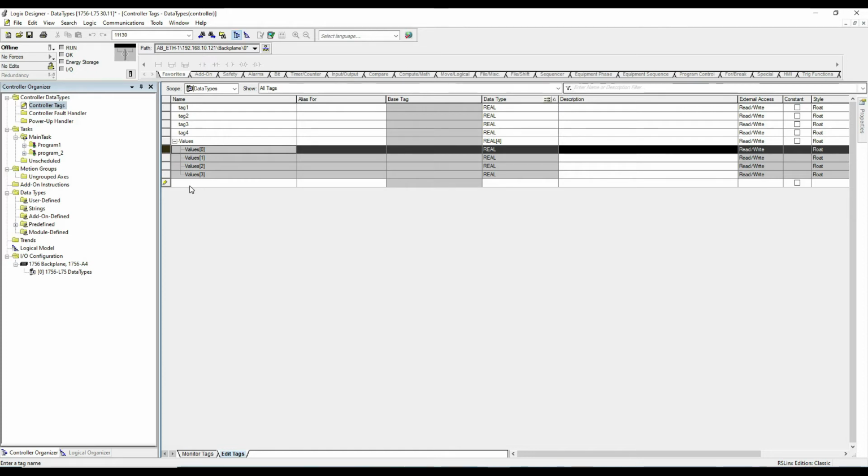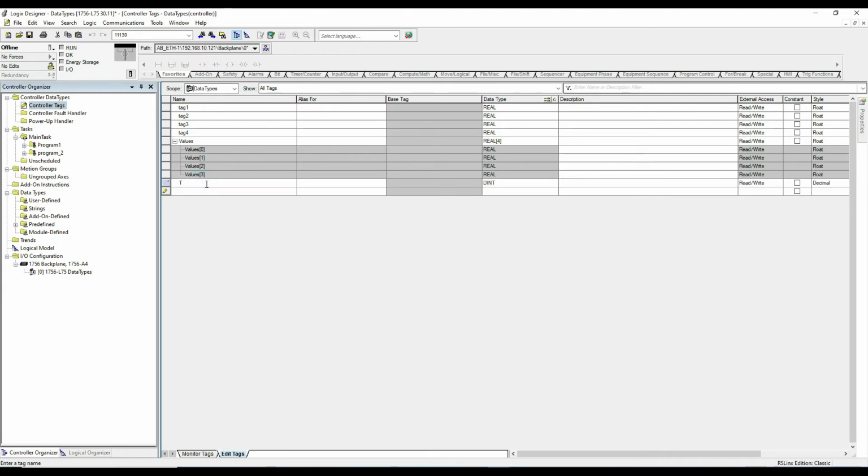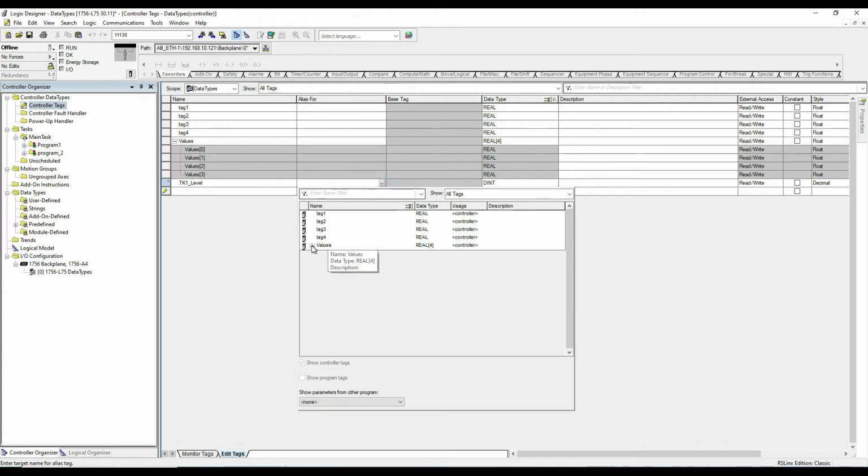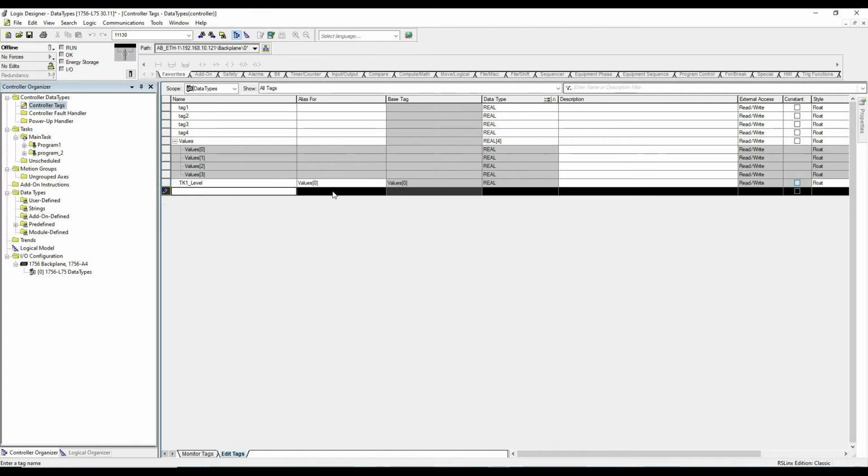I can use the same name here, or whatever name I want. So I can say, tank 1 level. Tank 1 level will be represented with an alias, pointed to this values element here. So now we gave this a label called tank 1 level,